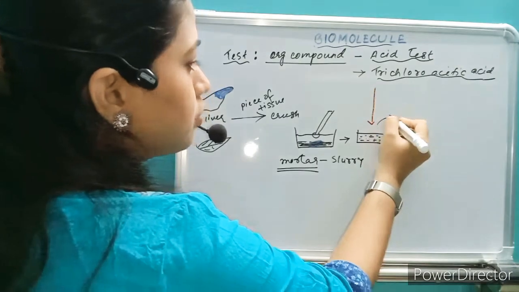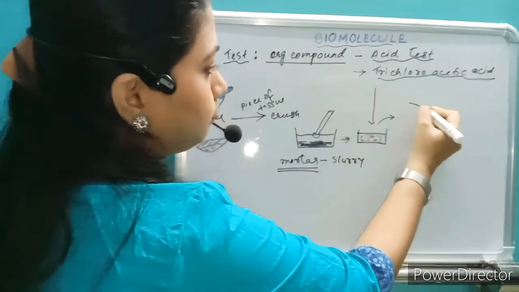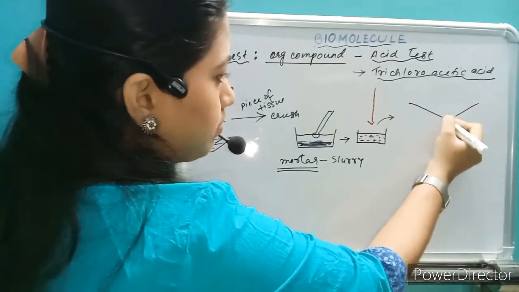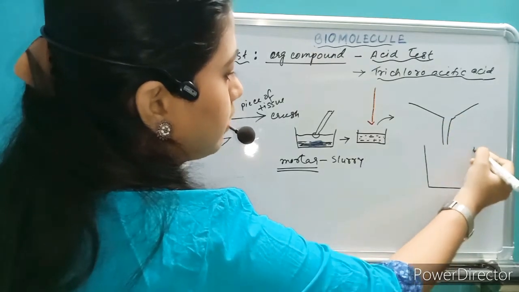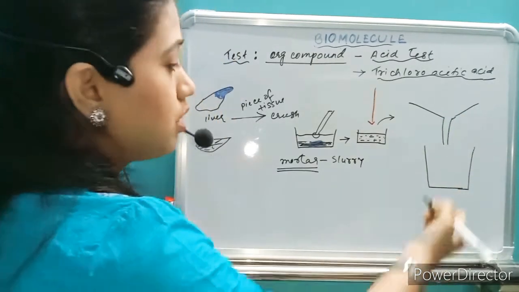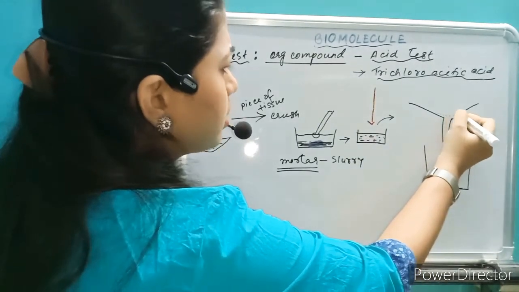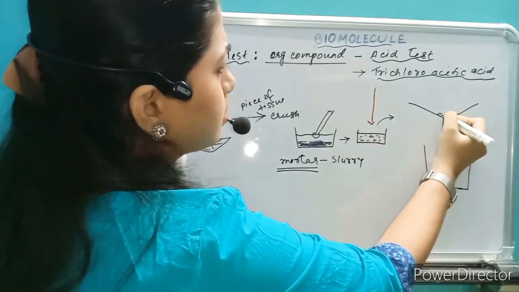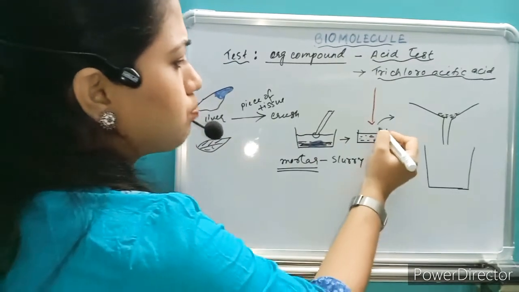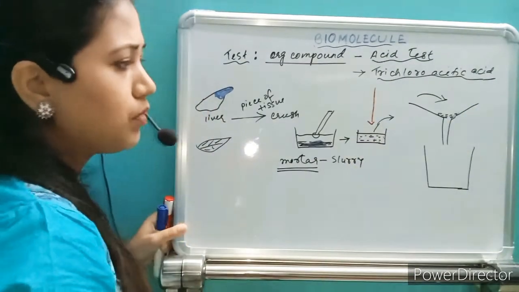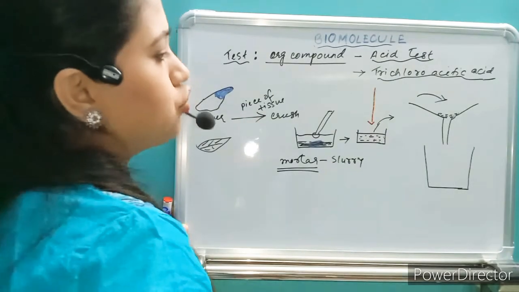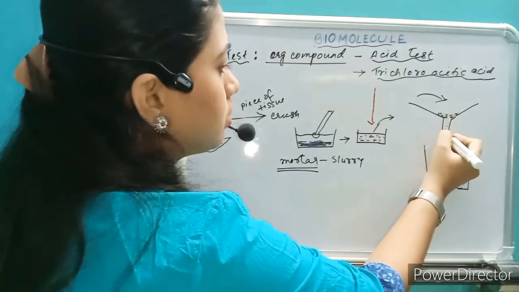Then after that, you will take one filter paper. Then you have to separate it out. You can take a filter paper or just a muslin cloth also. You just pour this into this tube. Then drop by drop,